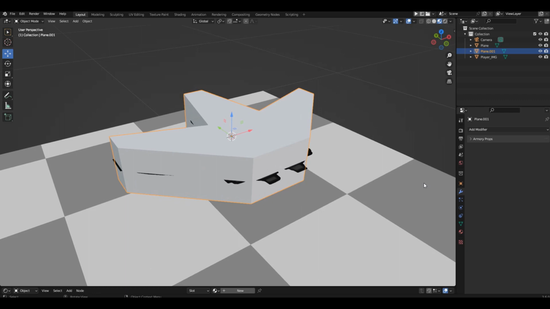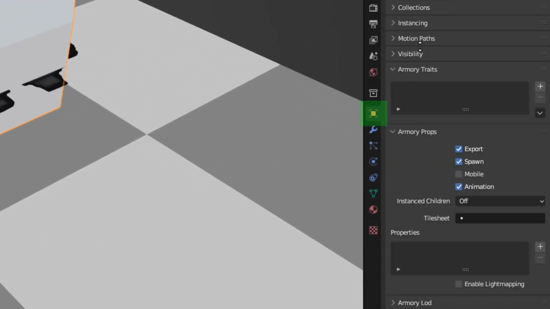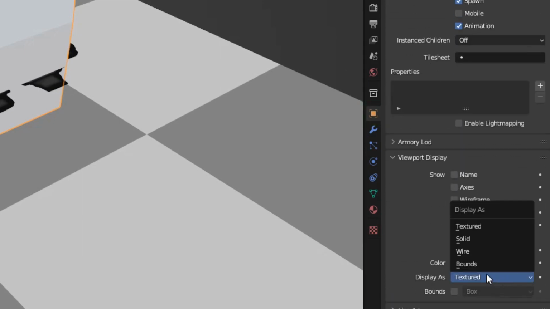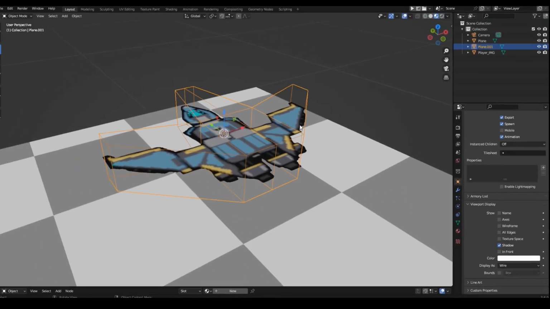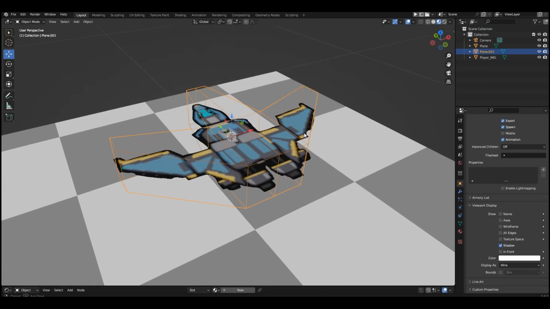So, we have a collision shape now. Due to it, we can't see our spaceship. Let's fix this. We need to go to the Object Properties panel. Find the Viewport Display section and choose Wireframe in the Display As menu. It's much better now. But these measures only solve the problem for the viewport.